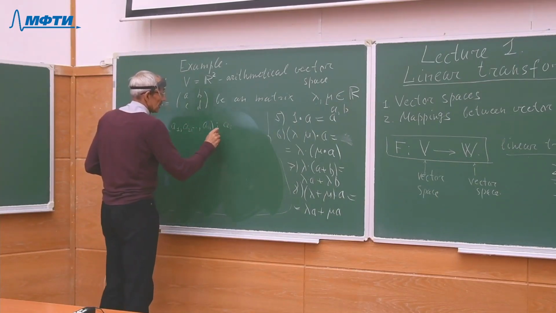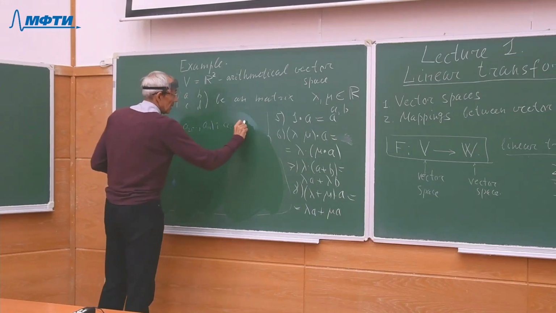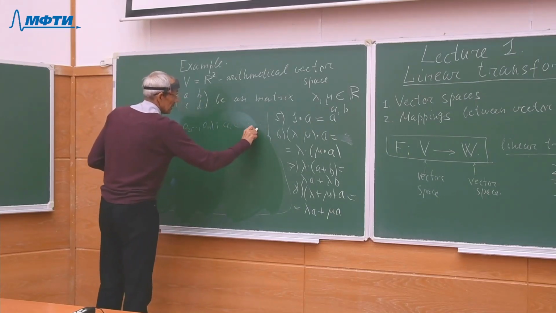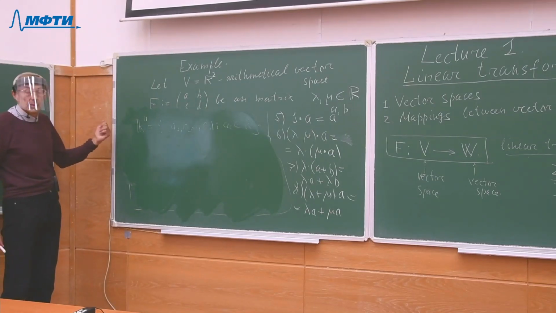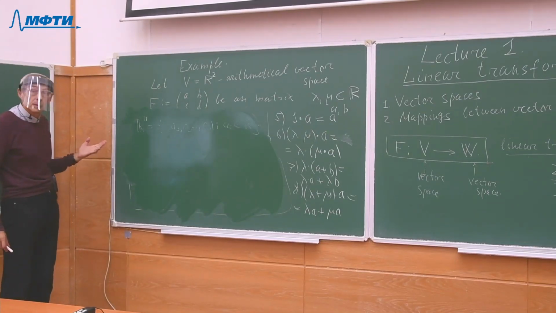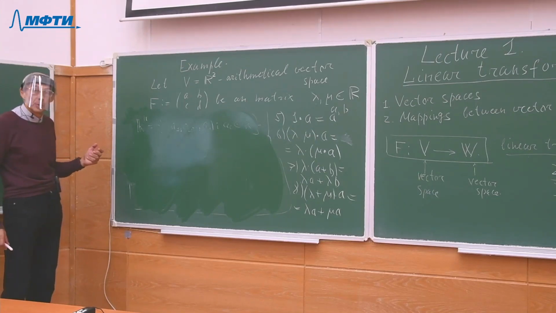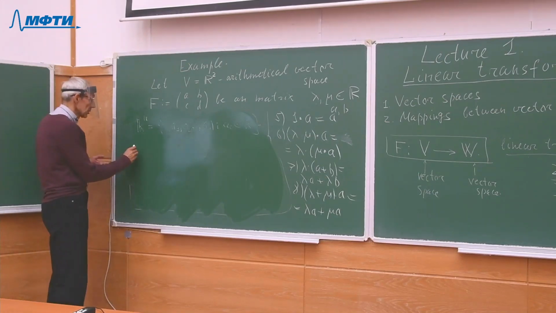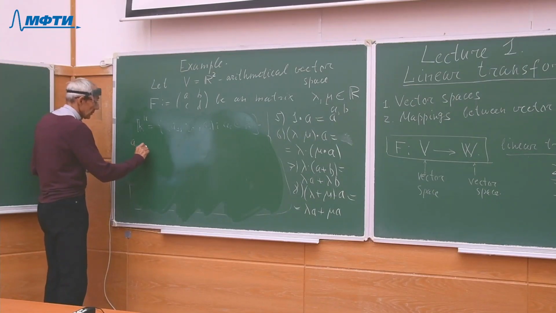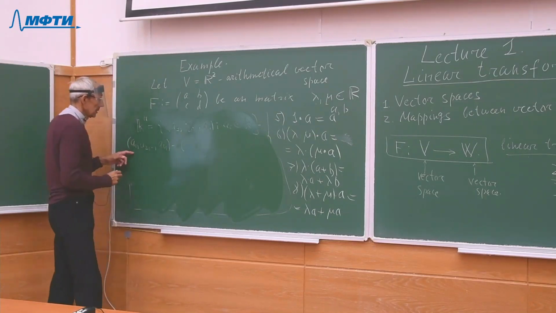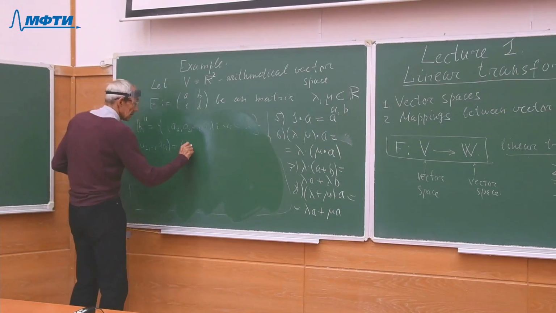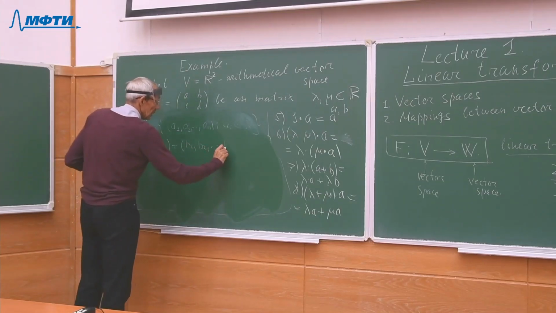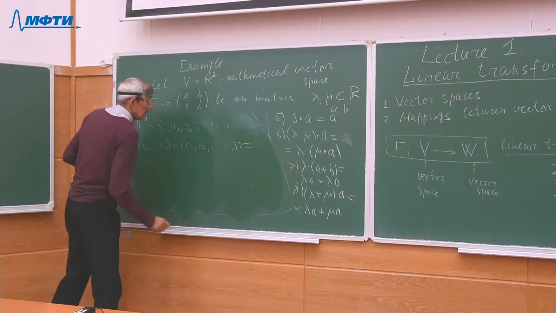Each element of this n-tuple is an element of the basic field. And on this set we can define two operations, vector addition, by the following formula. If you have two n-tuples a1, a2, ..., an, and second b1, b2, ..., bn,